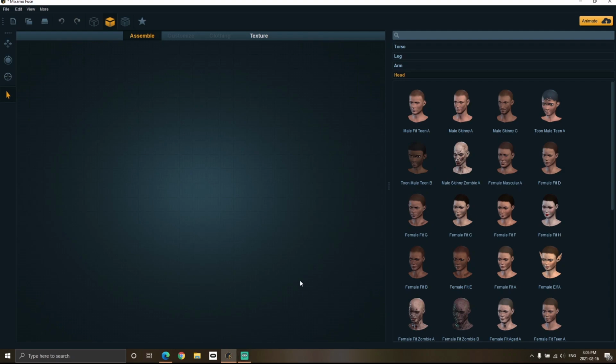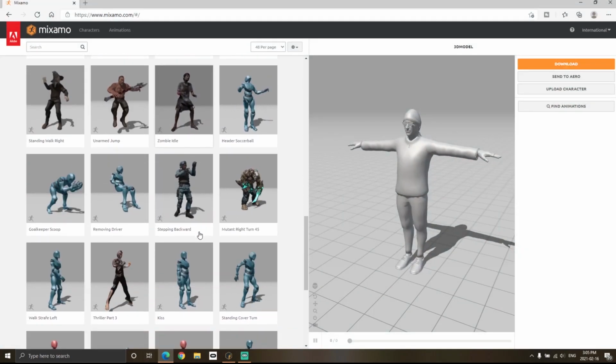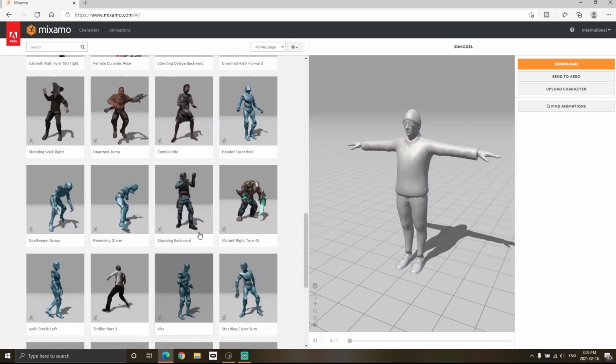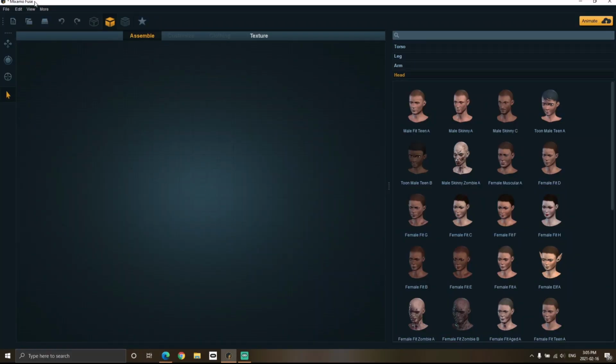Let's say you want to create your own 3D character using Blender or Maya. That can be very time-taking and there's a very big learning curve. Also, Mixamo.com has some 3D models, but they are predefined from before. So you can use a software called Mixamo Fuse.